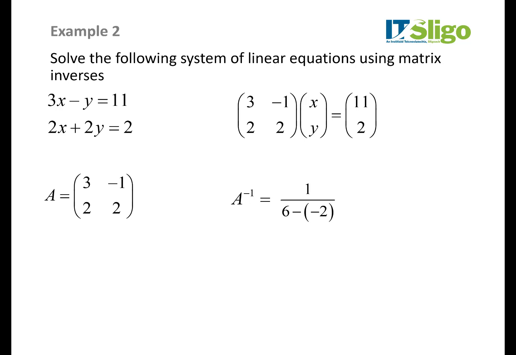Now I want to adjust the matrix, so I swap the 3 and the 2, and I change the signs on B and C. So I swap A and D, and I change the signs on B and C if we were to label these A, B, C, D. So now, like I said, this will be 1 over 8 multiplied by the adjusted matrix. And now I'm going to multiply the 1 over 8 into each term,